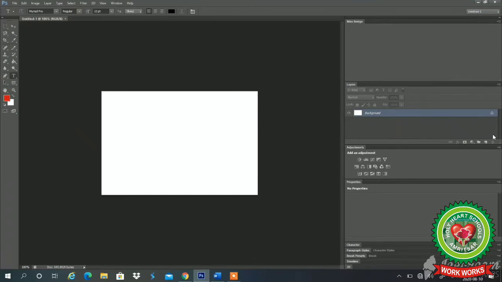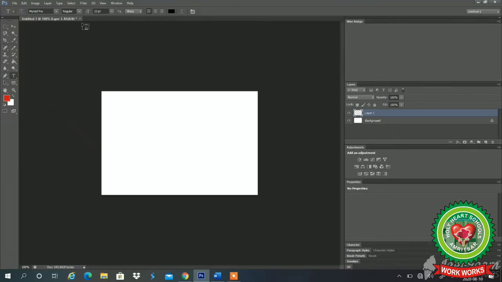Next topic we have is how to create a layer. For that, we have different methods. First method: this is the Create a New Layer button in the layer palette. We can click on it, and Layer 1 is added. When we create the next layer, it will become Layer 2, Layer 3, and so on.